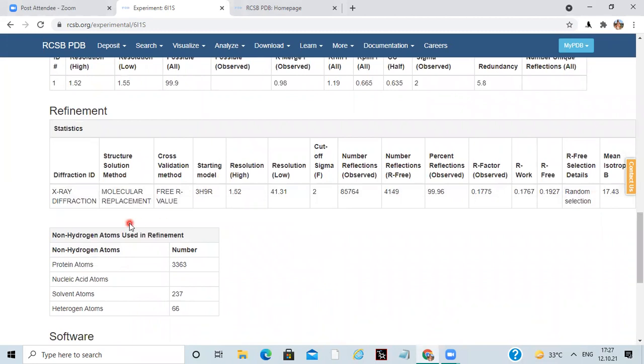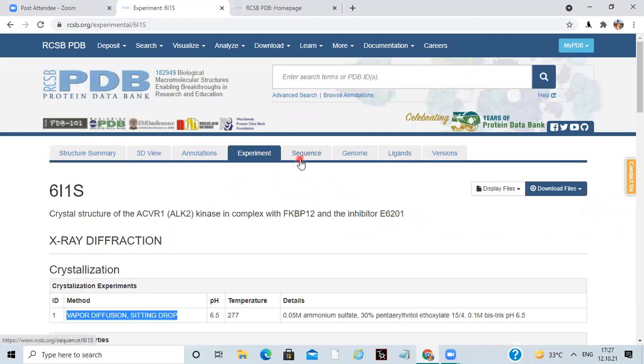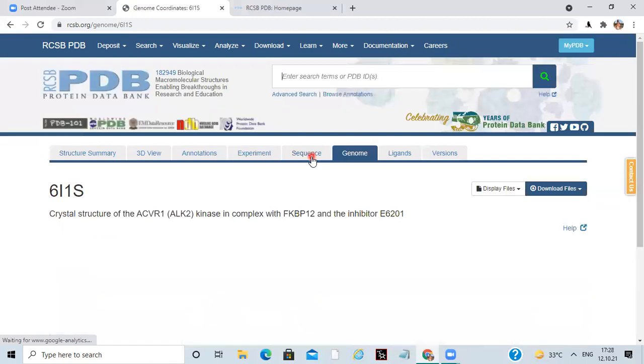Sometimes what happens is you have multiple amino acids, but your experiment is just not able to capture that amino acid position. At that time, what do you do so that you can justify that amino acid position in that structure? So multiple things are there. How the non-bonded and bonded hydrogen atoms were treated, what software was used. You can see everything. You can see the genome, and the sequence which was listed above the structure also.